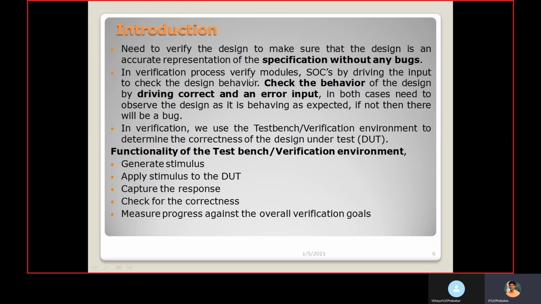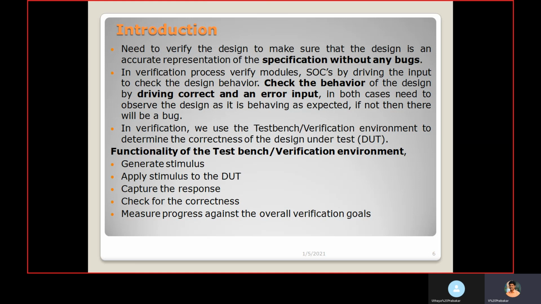In the verification process, we verify modules and SoCs by driving inputs to check the design behavior, driving both correct and error inputs. Testing is done after the whole process: after manufacturing the chip, the testing engineer checks whether any silicon-related bugs are there.